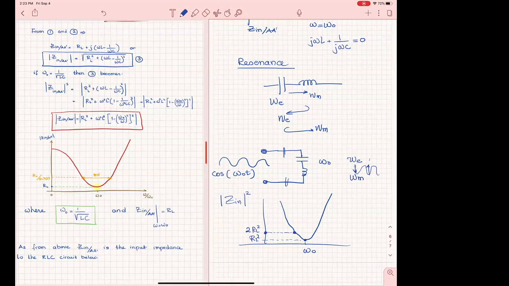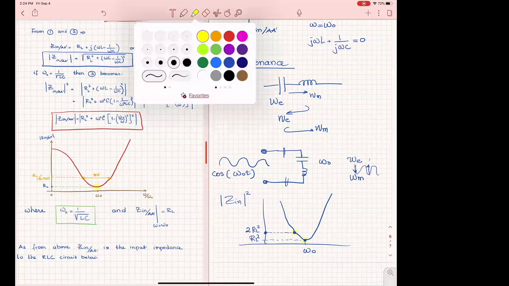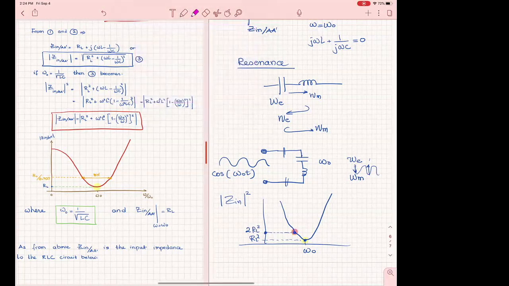Okay, so we are looking at what point it goes from this value to that, which is twice this value here, twice this value here, and I will use a different color. This value up here is twice the value down at the peak. And then also there is another point here where that happens. There are two frequencies, one above, one below. And we call this, by definition, the bandwidth.